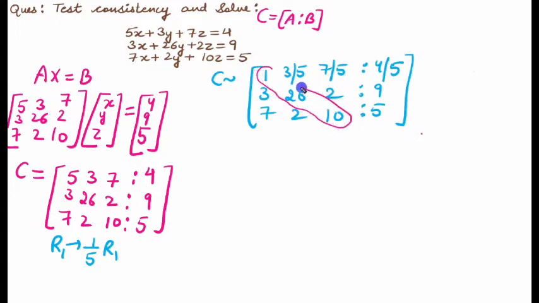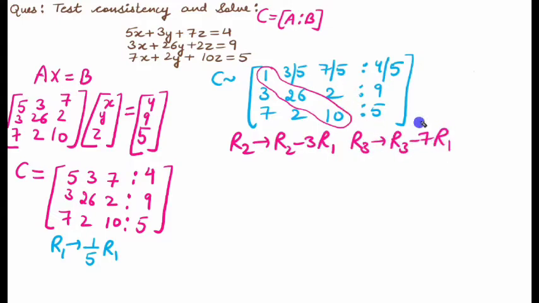This is the leading diagonal here. We need to create 0 at all the elements below the leading diagonal. First of all, we will use this diagonal entry: the elements below the first diagonal entry will be made 0 first. Then we will move towards the second diagonal entry. So by using row 1, because this diagonal entry lies in row 1, I have to form 0 at the places of 3 and 7. For that I will use row operations: R2 goes to R2 minus 3 R1 and R3 goes to R3 minus 7 R1. If I operate both these row operations on this augmented matrix, then what I will be getting here